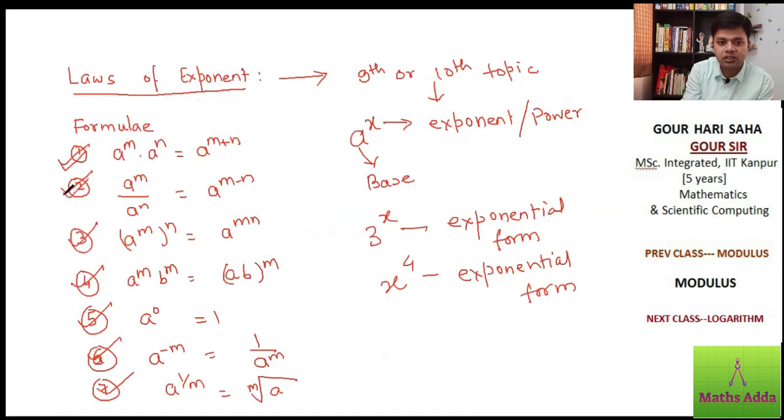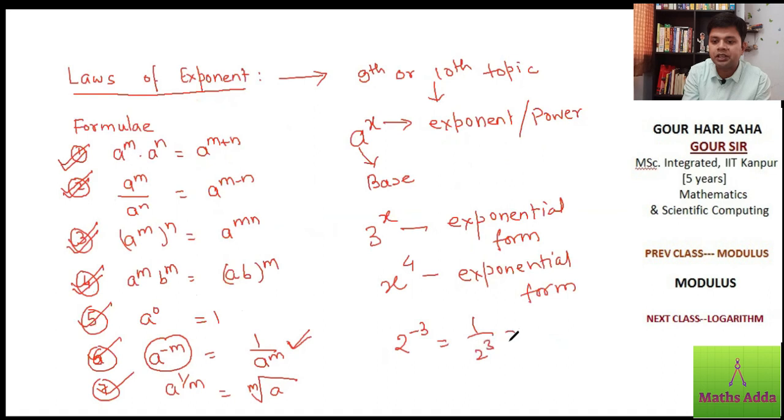Now here there are some basic formulas. I'm not going to waste time on this, reason being you have seen them in class 8th, 9th and 10th, I think. I don't remember exactly. Now the fifth one is not a formula, just to remember, it helps us. A to the power 0, whatever the base is, it should be positive, power 0, it is 1. Now this is a to the power minus m is 1 by a to the power m. This is not a formula, this is a different way of writing the same thing. What is the meaning of a to the power minus m? That is 2 to the power minus 3, I will write 1 by 2 to the power 3, that is 1 by 8. That's what I'm saying in the sixth one.